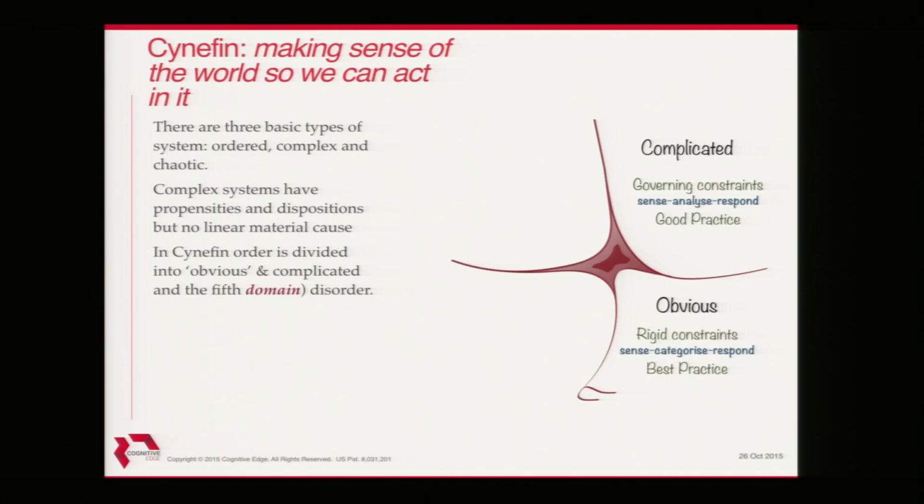I'm old enough to remember when Sweden went from being civilized to uncivilized one weekend, and I still remember watching it on the television. It was fascinating. Right? The point is, some of these things are conventions we accept. Right? They don't have to be things which are rigidly true, but everybody accepts them, therefore you can rely on them. Yeah? In complicated order, on the other hand, the constraints are governing.